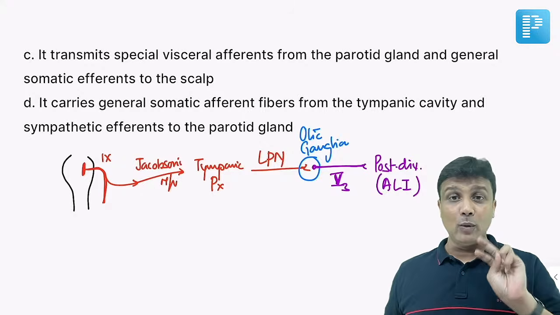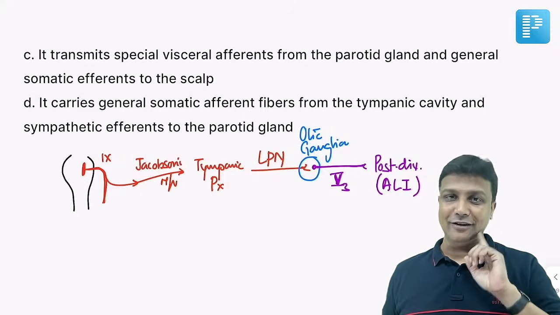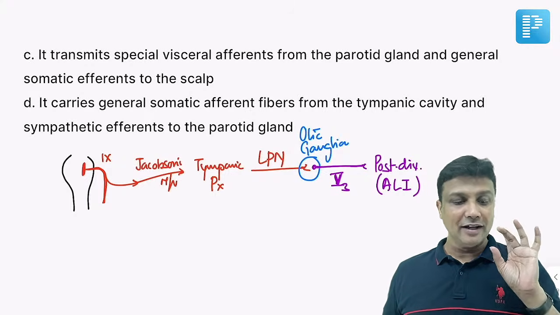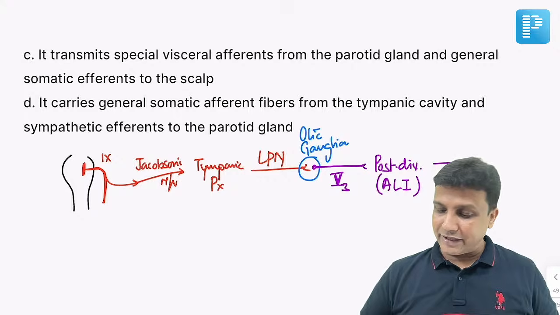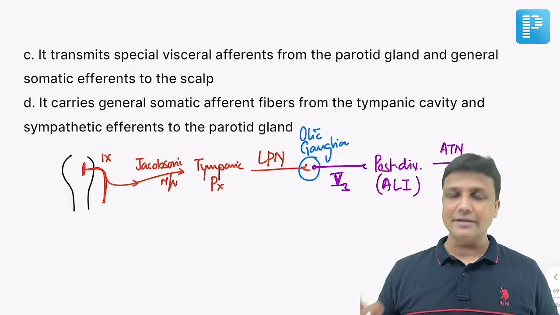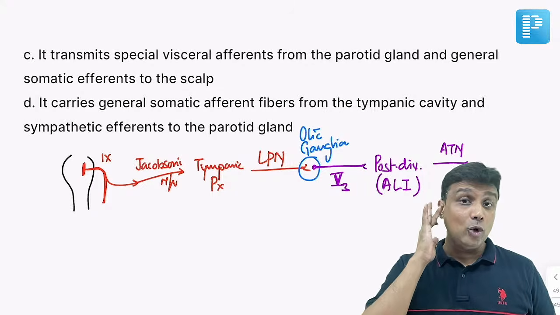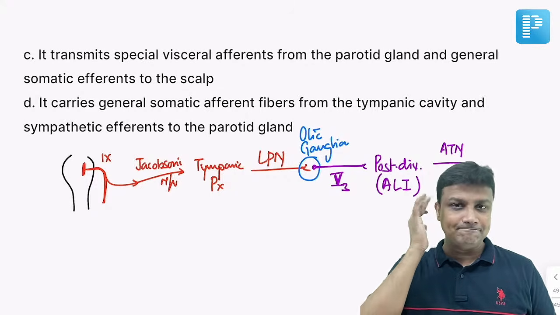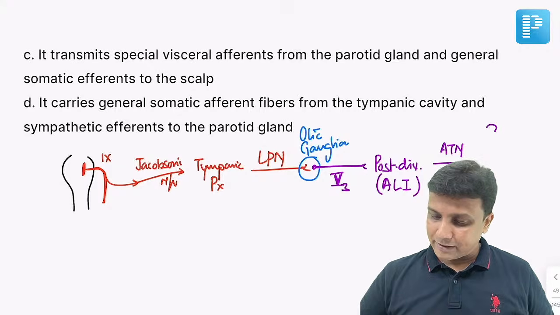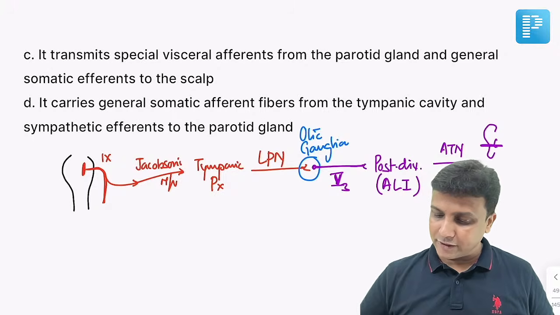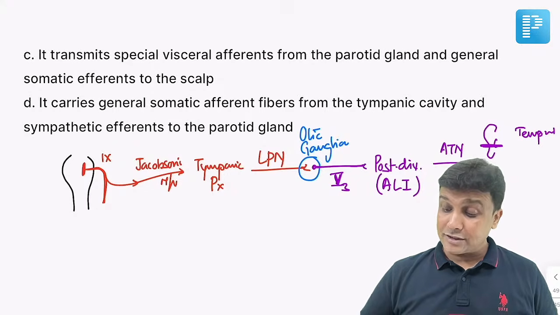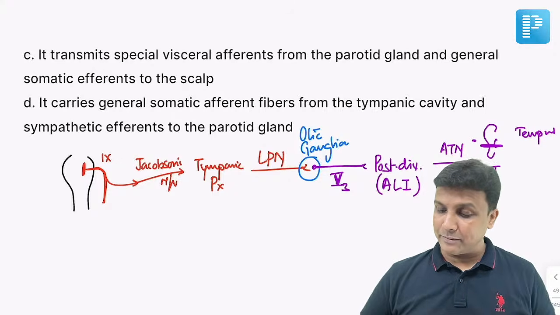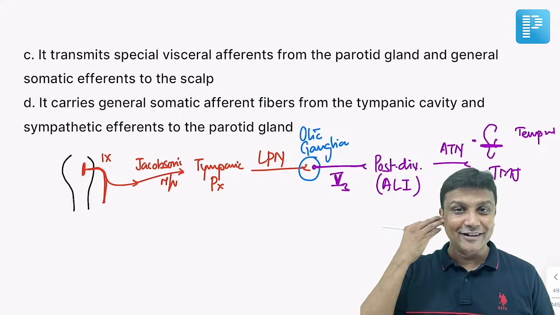Auriculotemporal nerve, lingual nerve, and the inferior alveolar nerve. Now, this auriculotemporal nerve, ATN, is the one which will be supplying the skin over the auricle, upper 2/3, as well as the temporal region here. It is also supplying a joint, that is the TMJ, temporomandibular joint, as well as